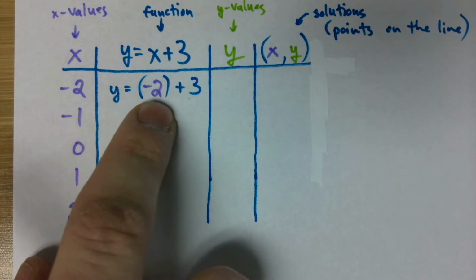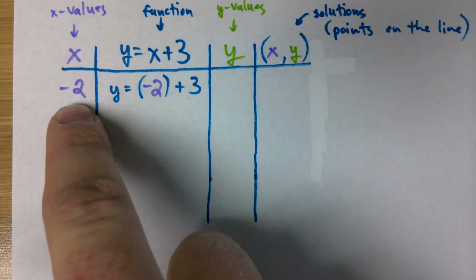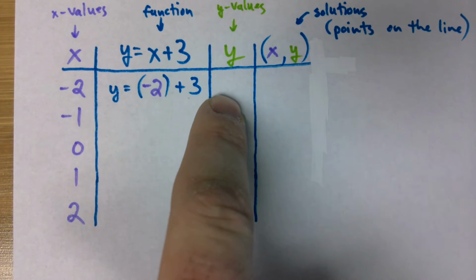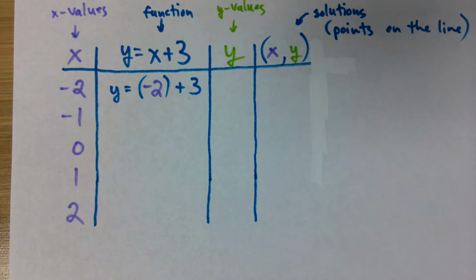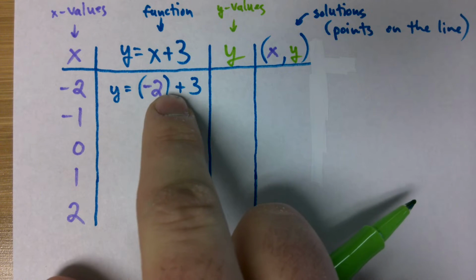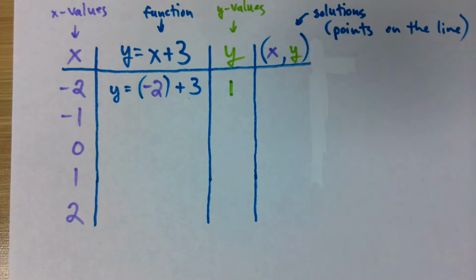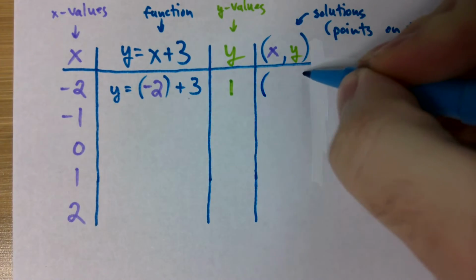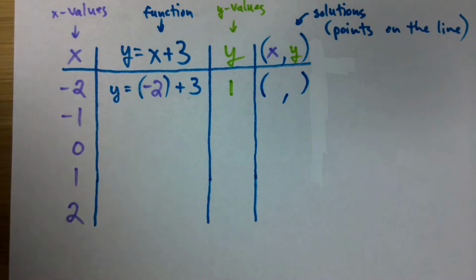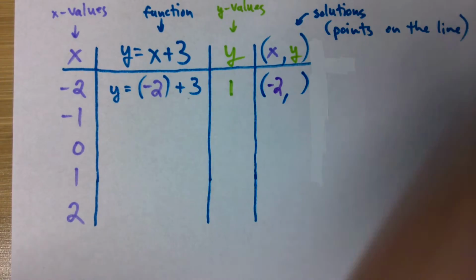But for right here, when our x value is negative 2, what is our y value going to be? Well, what's negative 2 plus 3? 1, right? So our y value is 1. Not too bad, right? And then we write our ordered pair of negative 2, comma,